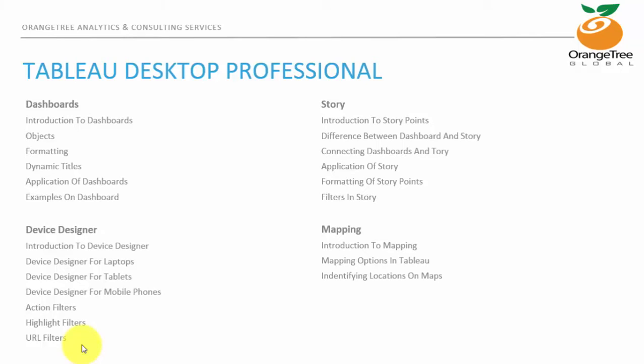Now next we have stories. So what is a story? Say suppose you want to tell a story to your client. Now a story is more detailed than a dashboard. A story can be a collection of dashboards. So if you want to put your entire